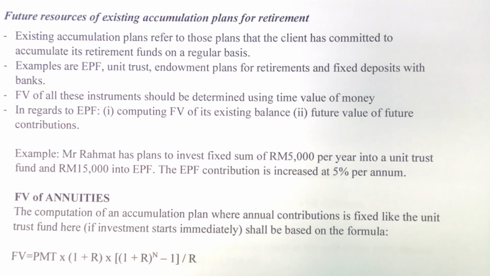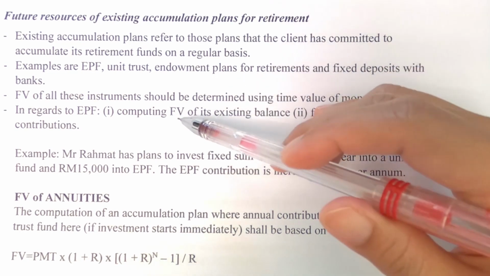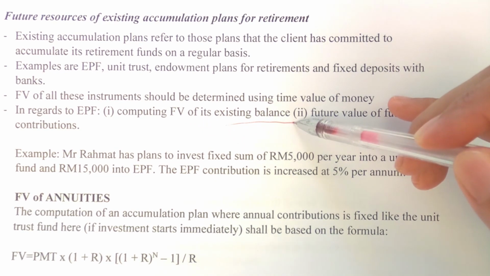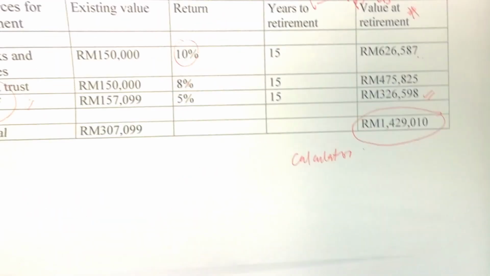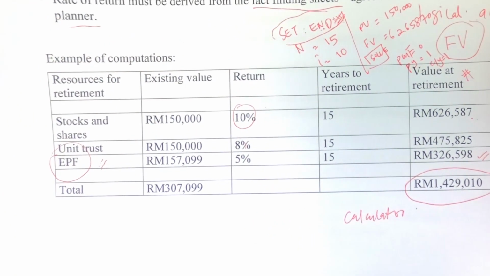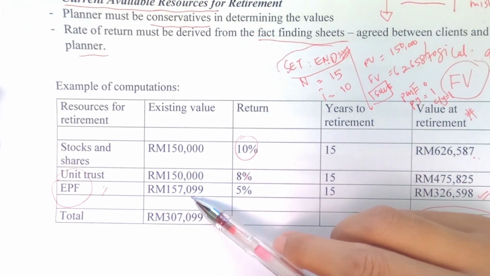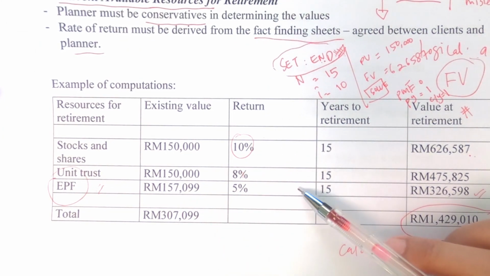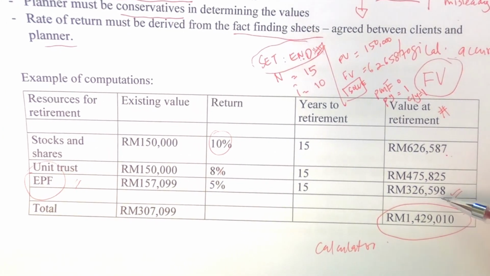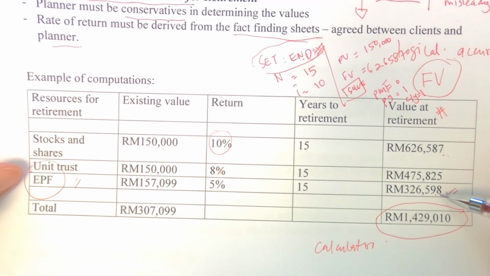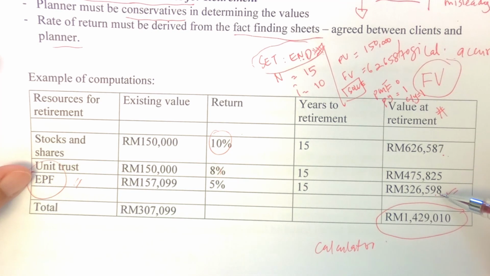So in regards to EPF, for example, we have to compute the FV of its existing balance. This is what we did here in the current available resources, where for EPF we already computed the existing value and calculated the future value of the current EPF, that is